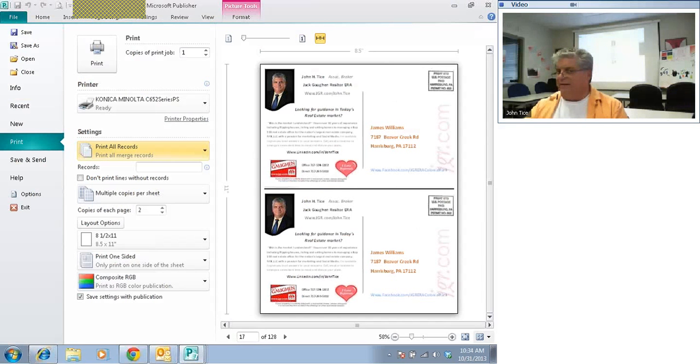They're ready to go. This is set up in a 2-up format. But if you see here, I'm sending 2 cards to James. That's not what I want. No. So your setting, if you look to your left, the setting here says multiple copies per sheet. That means I'm printing the same thing twice on one sheet, because we know there's 2 cards stuck together that we're going to print. The setting that you want